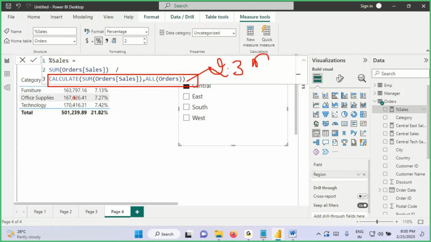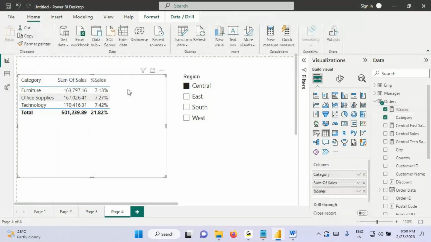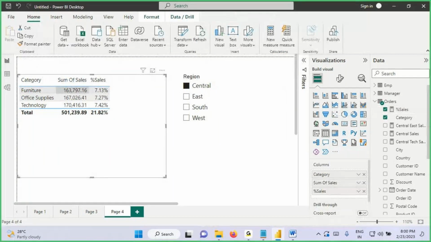It will calculate the sum of sales for all the rows in the orders table. All the rows means 994 rows. So it will just ignore the internal filter. It will not ignore the external filter. So here my requirement is in the numerator this value it is getting, but in the denominator instead